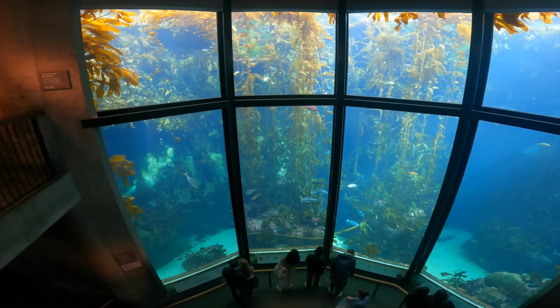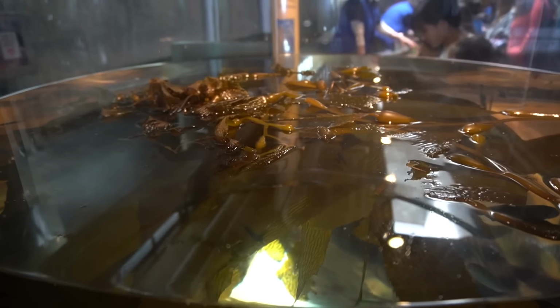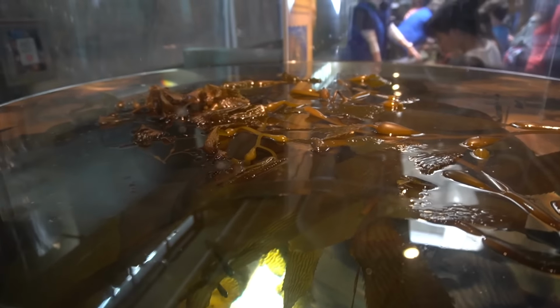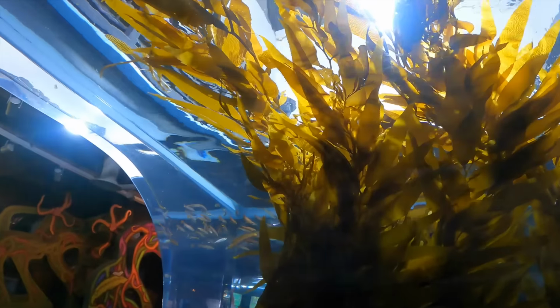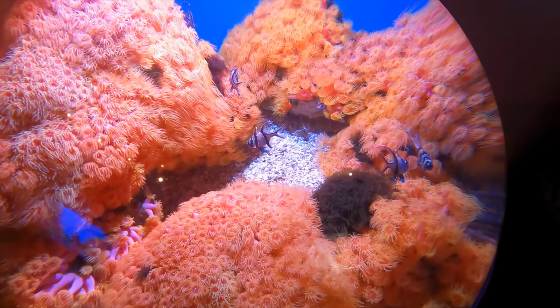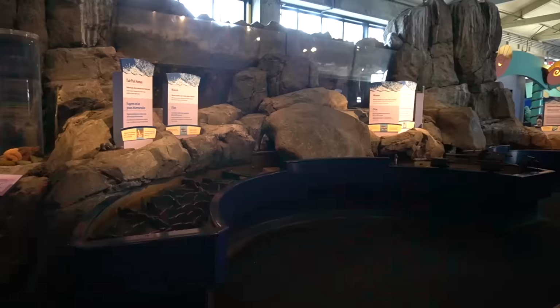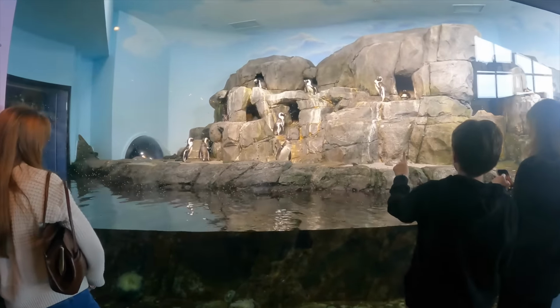The second story continues this kelp mania in the enchanted kelp forest. There's kelp growing in a cylindrical tank, another kelp touch pool, seaweed gardens, and you've heard of shark tunnels, but you've probably never seen a tunnel filled with, you guessed it, more kelp. The splash zone is essentially a children's zoo. The Coral Kingdom draws in both adults and children with vibrant displays. There's a playground and interactive water features, leaping blennies, but everyone knows the extra fun is by and from the